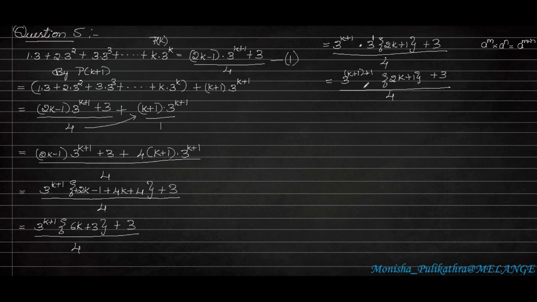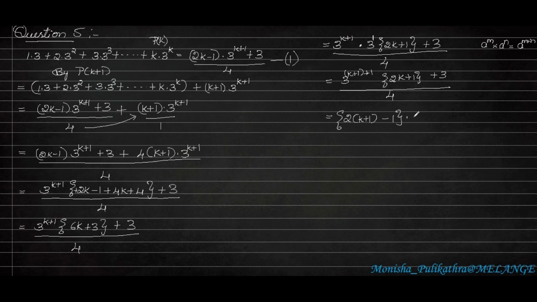So now we have to write it in the form of this equation so that we can prove that if p of k is true, then p of k plus 1 is also true. So here we can do some interchanging, that is 2k plus 1 and minus 1. I will tell you how I have written this. This segment I have changed into 2k plus 1 because k has to become k plus 1 so that we can prove that p of k plus 1 is true. So k should become k plus 1.